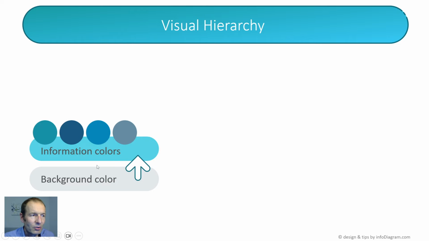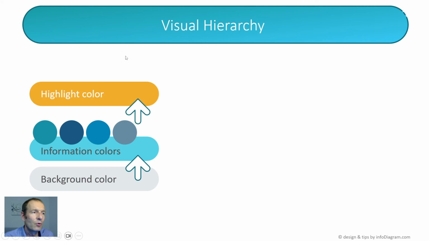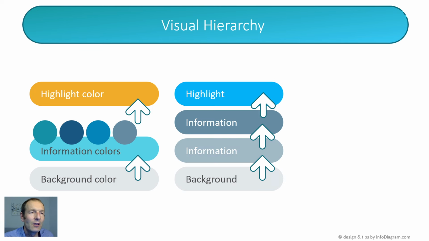The least important colors for the least important information, and the color which stands out the most for the most important information which we have. That's a visual hierarchy, and we should keep it. We should save the highlight color only for a few items, not more than 20% of the slide should contain this color. There could be different variations of this color,